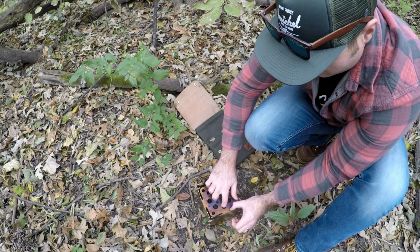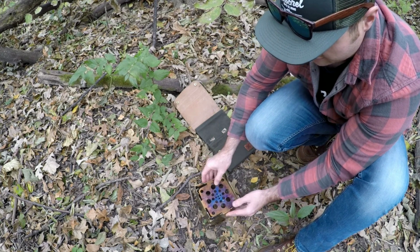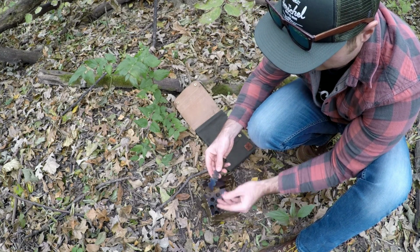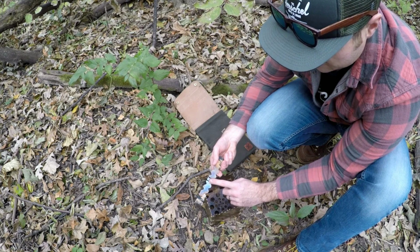Now it's adjustable, but it won't come out. It's pretty sturdy in there. Now it's in there, and then you take the crossbars, and with the first one you put the center two